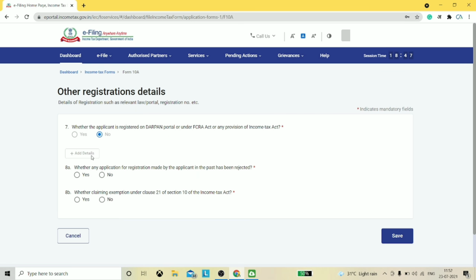In this section, you also need to provide an answer in yes or no for the two questions in point number 8a and point number 8b, related to the rejection of an application for registration in the past and regarding a claim of exemption under clause 21 of section 10 of the Income Tax Act. So suppose let's select no and then click on save.